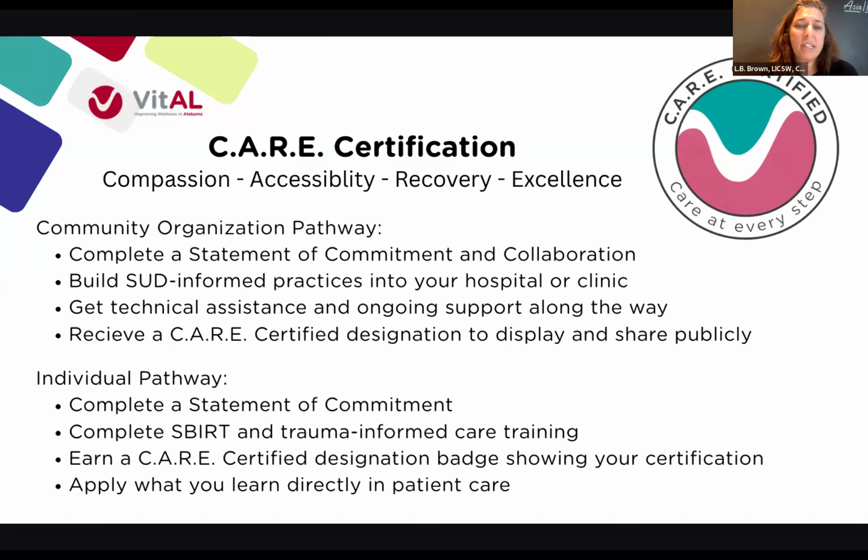There are two pathways: the community organizational pathway. These are the things that are involved in those, right? Included, you have a statement of commitment. We're talking about building substance use disorder informed practices into your hospital or clinic. Technical assistance, like within your EHR, really looking at that and seeing how we can modify or enhance questions that are already asked, and then ongoing support along the way. And then we have a care certified designation to display and share publicly, so a digital badge that you can put on your email, and we're planning on also having patient education or things you can put around your organization to help share the word of your commitment to compassionate, accessible, recovery-oriented, and excellent